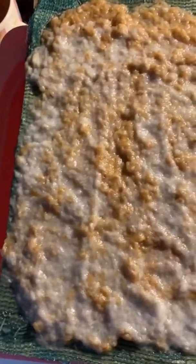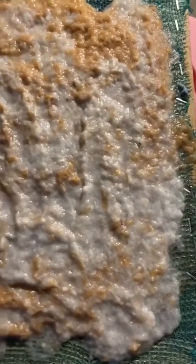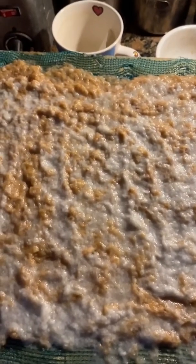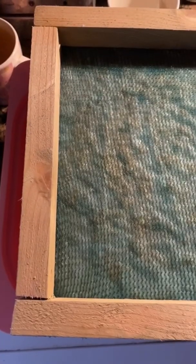Okay, so I just poured some more white paper that I tore up, and that's over the top. So you can see the dual colour effect, and all the water then is dripping down into my little bowl there. So the next stage is to put the other frame on top, which I will show you in a moment. Okay, so I've just put my other frame on top, as you can see,